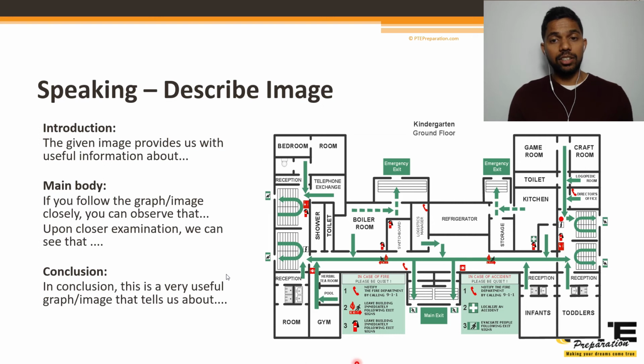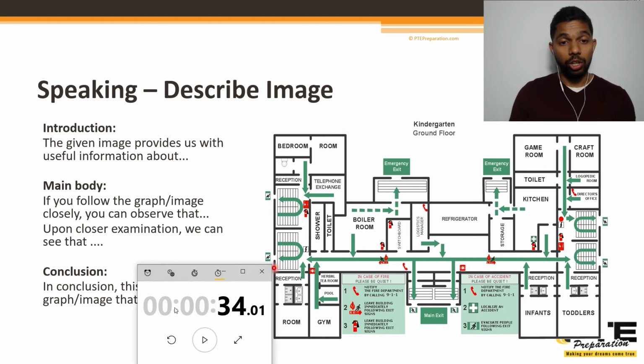So this is another slightly complicated image. I'll give you time to pause the screen and practice. So hit the pause button right now and make sure you practice this using the template. Okay, we're back. I hope you had a chance to practice. I'm going to get into solving this question.